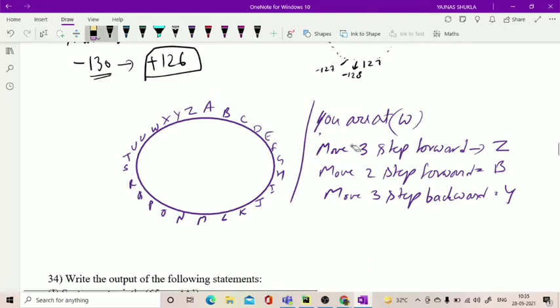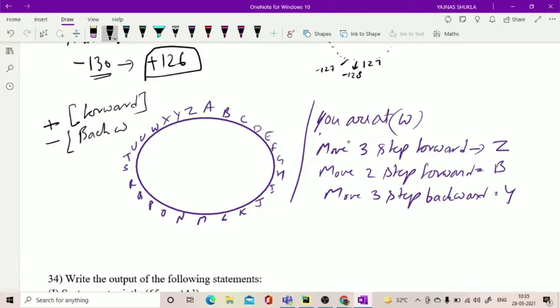When your number is positive, it means forward. When it is negative, it means backward. So here the circle is like this. It is 0 here. It is 127, and then the last number of this range is minus 128.